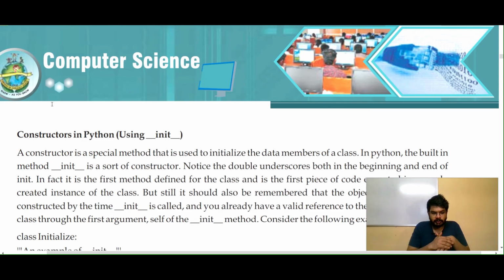Of course, if you tally this with the syllabus, it is quite different, but these are very core concepts. If you don't know these, programming in Python won't make any sense. You won't get a hold of the language, and you won't be able to create programs or classes on your own.